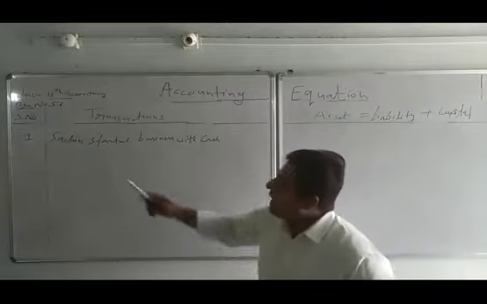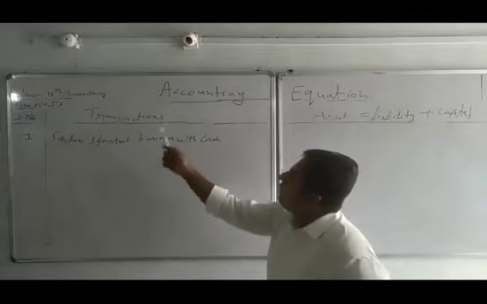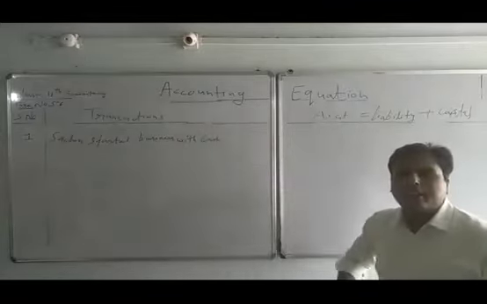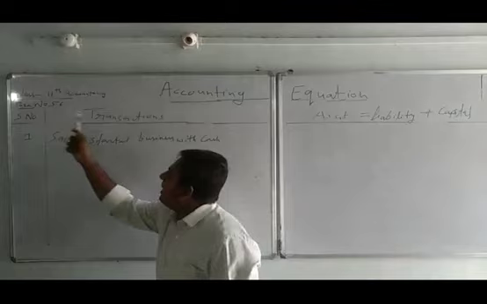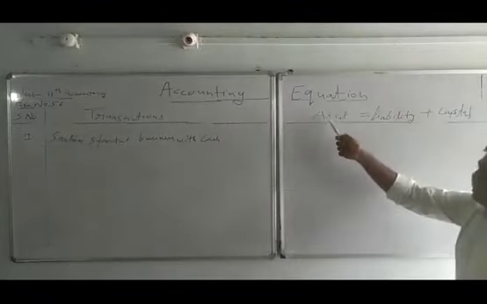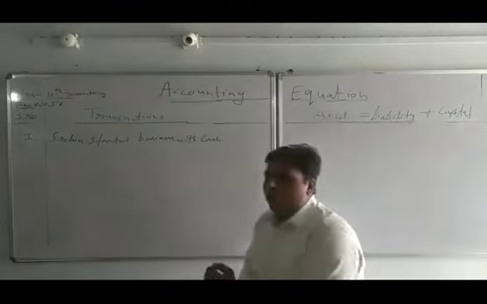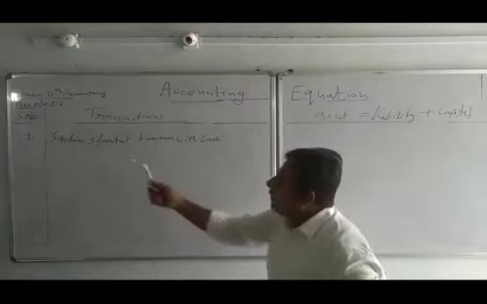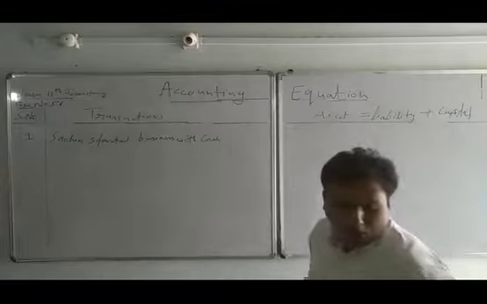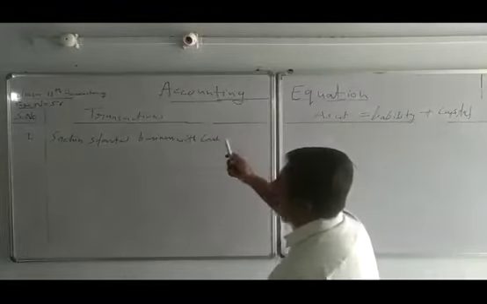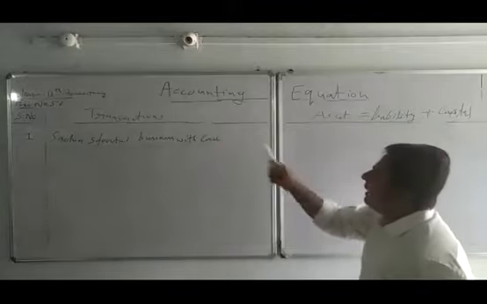Illustration number one, page number 5.6. So this is the format of the accounting equation which I have already discussed in our first part. That is the serial number and the transaction. Here the equation is: asset is equal to liability plus capital. So see the question in your book. The first transaction: Sachin started business with cash of around 1 lakh rupees. So I have already written the transaction that Sachin started the business with cash.